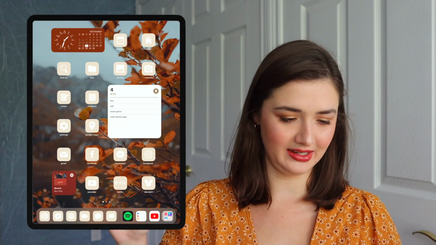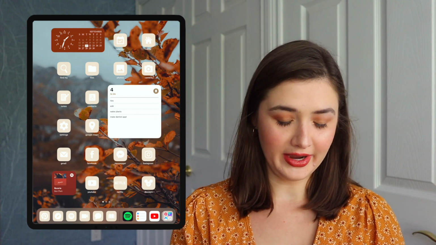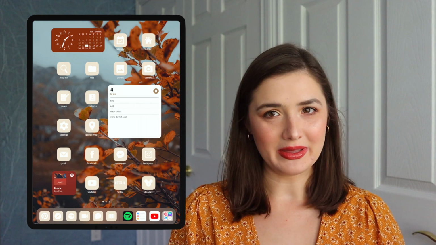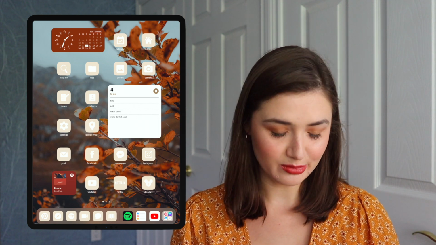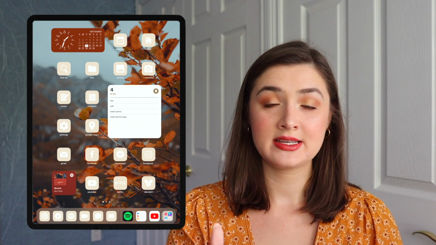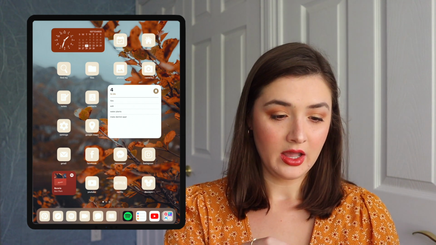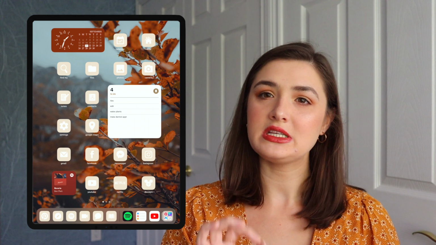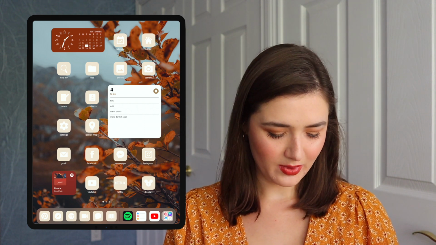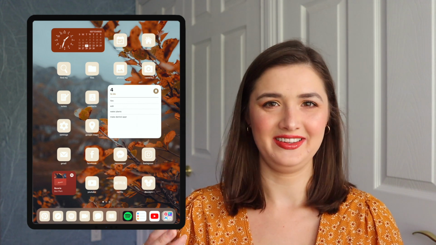So I'm just gonna move over so that I can put it on the screen here. So this is what the final product looks like, at least for now. I mean, I might have a play with it later and kind of change things around, but I think I'm liking the way it looks. So yeah, I made separate icons within Canva for my iPad, just making the symbols a little bit bigger so that you could see them. Otherwise they were really hard to see and it just didn't look so good.